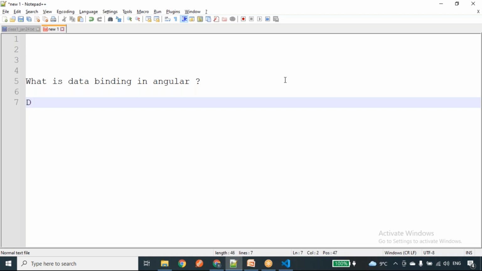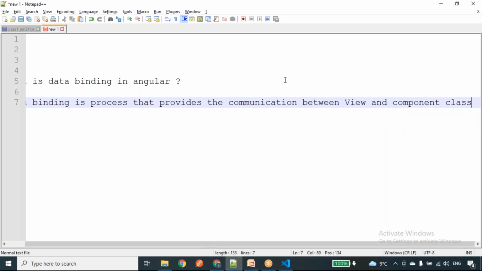So data binding is a process that provides communication between the view and the component class.